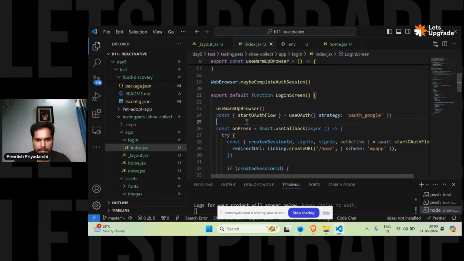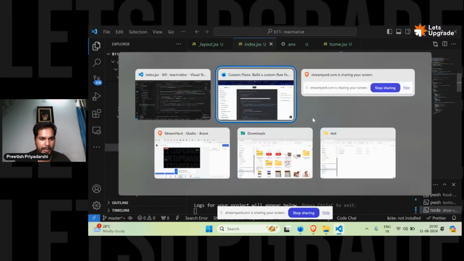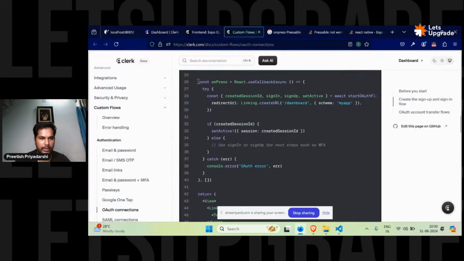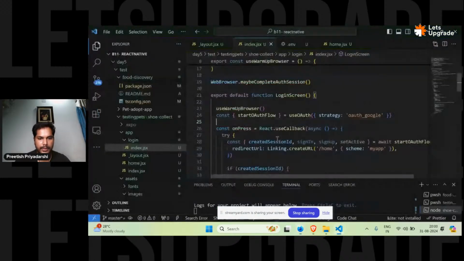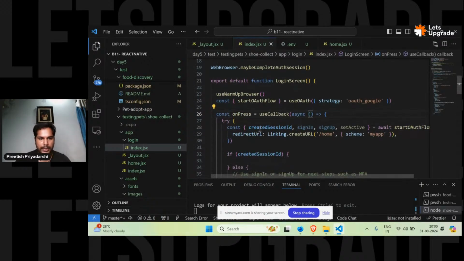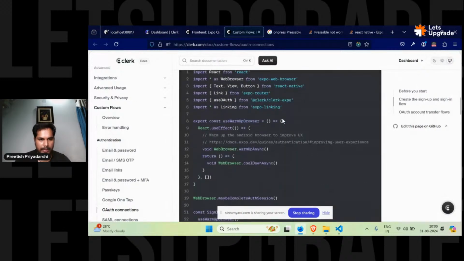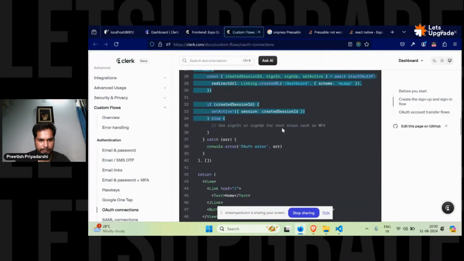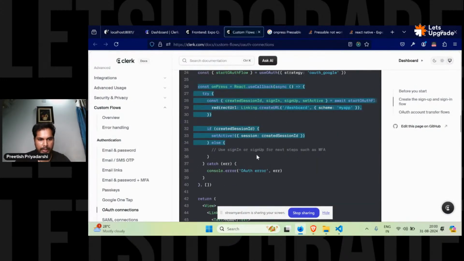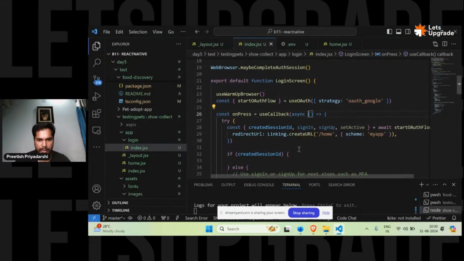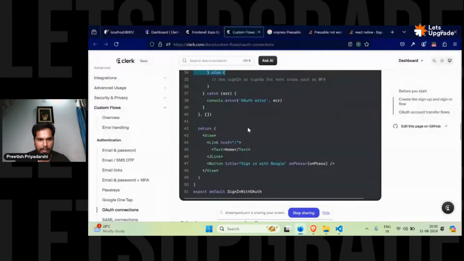And this is done. Then the next part is this on press part. On press part, you need to copy everything. This React part is not required in the project, and sign in. Okay, this thing you need to copy everything right here, and